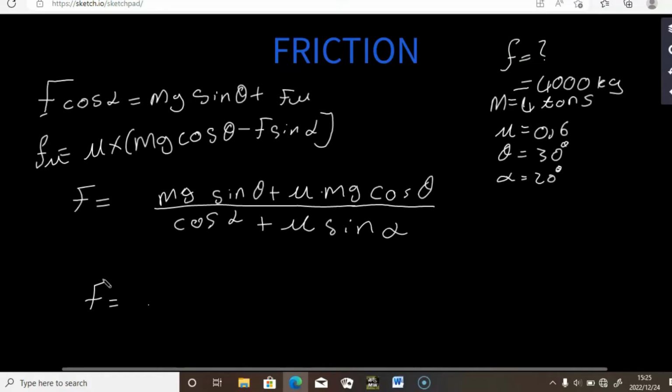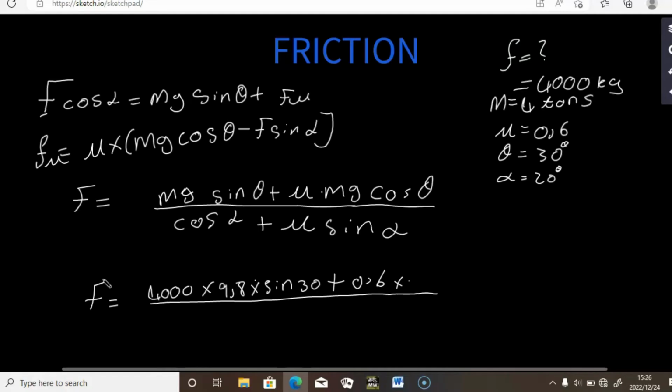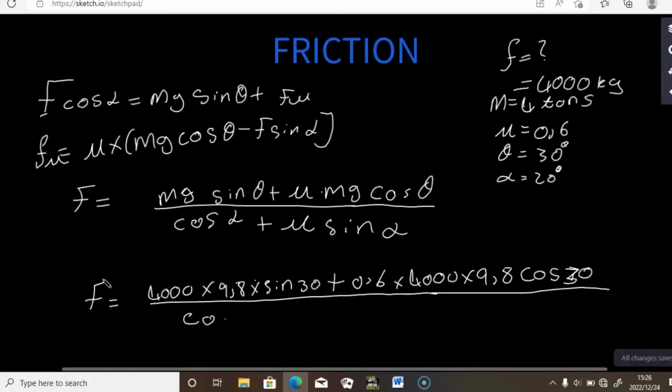F is equals to, what's the value of m? 4000. G 9.8 times sine, what's the value of theta? 30 plus mu 0.6 times m 4000. Gravitational acceleration cos theta, it's cos 30. This is 30. Cos alpha, alpha is 20 plus mu is 0.6. Times sine